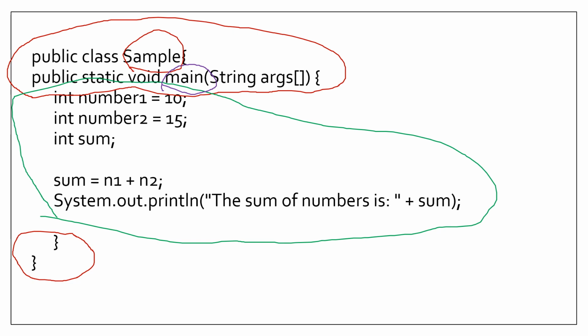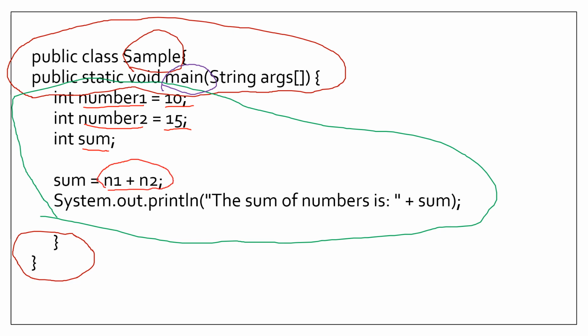Now, as you can see in this example here, I have named three variables: int number one, int number two, and sum. So int number one, we have initialized it to get the value 10. Int number two, we have initialized it to get the value 15. And the third variable here was not initialized